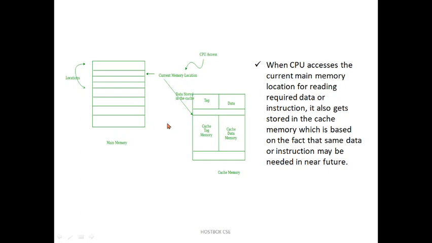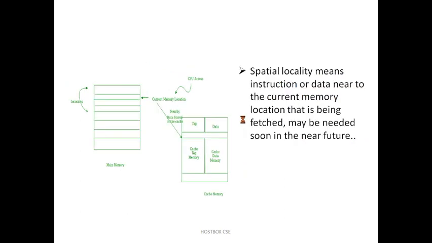So what happens? The information from the main memory is moved to the cache memory, and a copy of the data will be in the cache memory by default. Whenever the CPU wants to fetch the data of a.txt, it can fetch it from the cache memory and get it easily. Let's go for the spatial one.